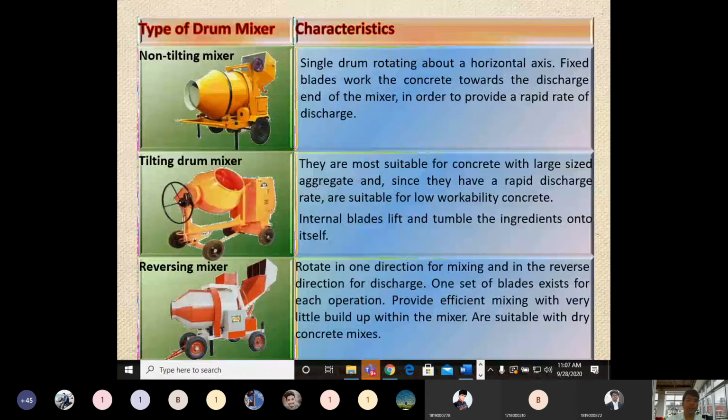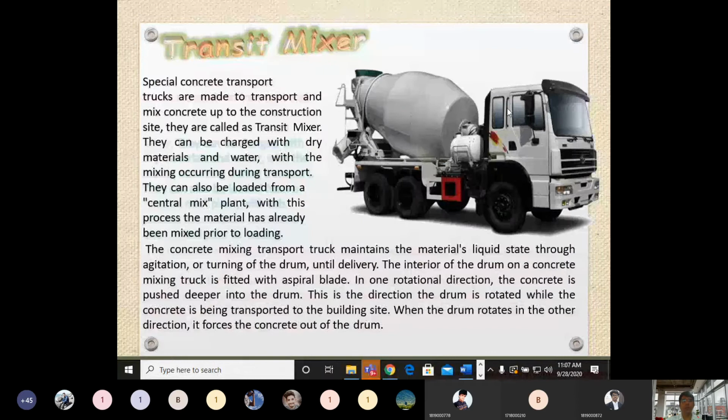So this is about the pan mixers. Then another important type of mixer is the transit mixer. The transit mixer is mounted on a truck or a dumper. This generally takes the concrete mix from the RMC plant, and it is continuously rotating at a speed of